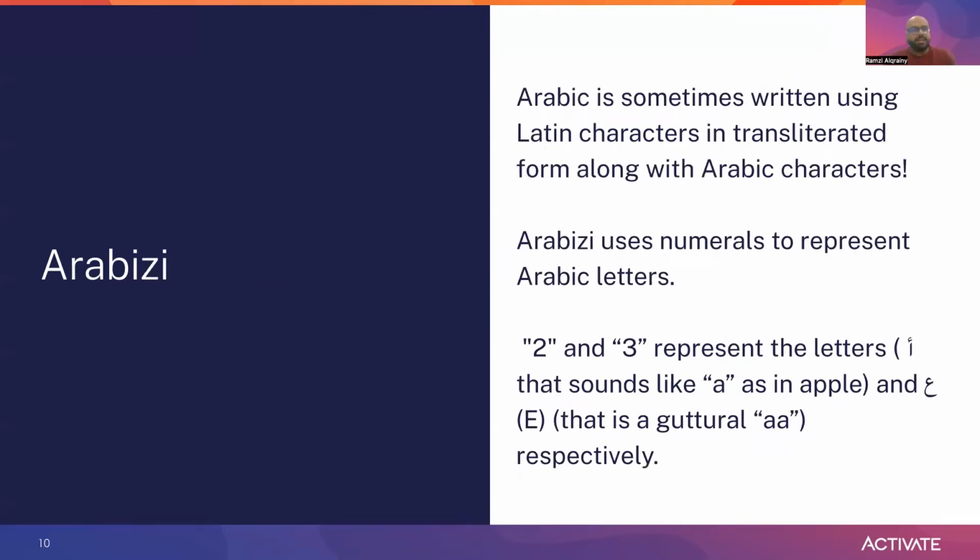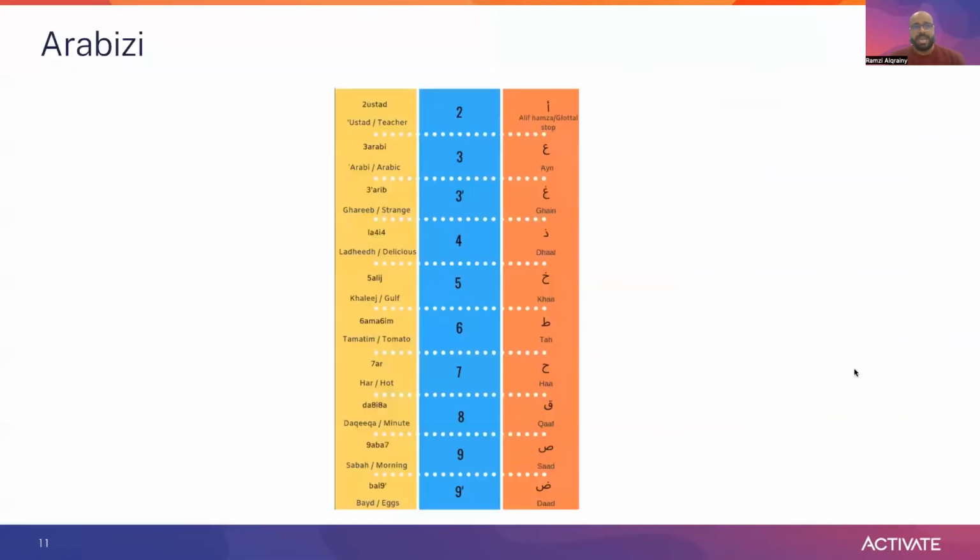The last challenge I can mention here is Arabici. The new generation of Arabic internet users start talking using the Arabici methodology, which uses Latin characters to transliterate Arabic characters. Sometimes they use 2 to represent alif, 3 to represent ain. This is a list of the Arabici they are using, with examples. Here you can see a lot of challenges related to the Arabic language.